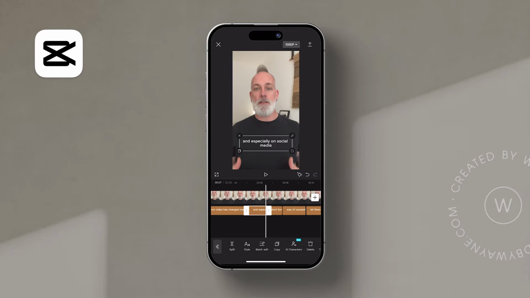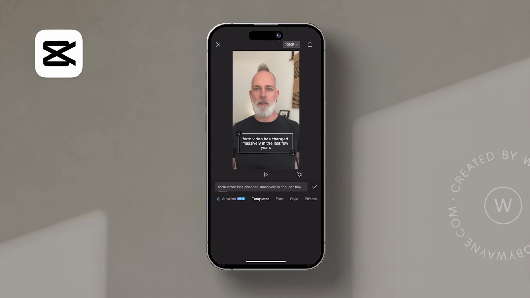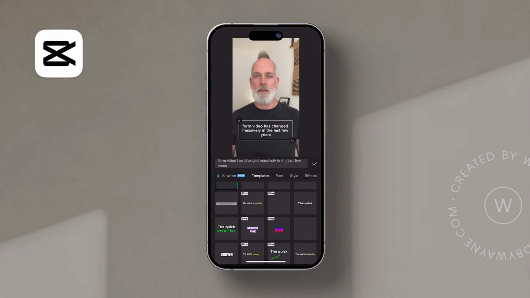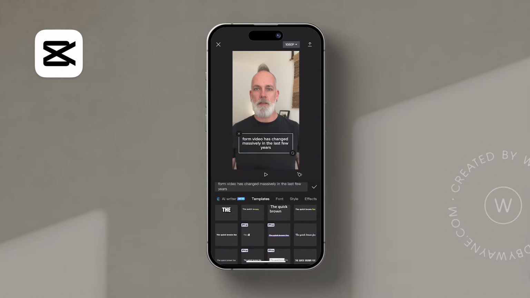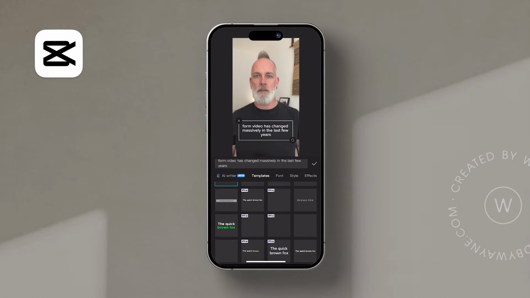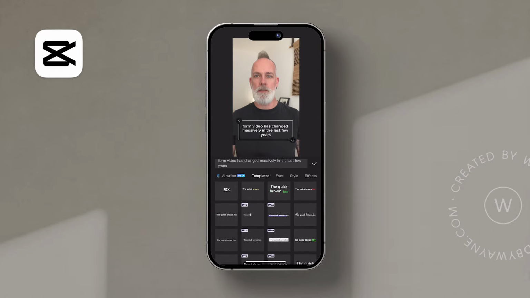Now, if you want to style these captions and make them a little more interesting or add your own colors, that's really simple to do. CapCut has a few built-in templates, so when you tap on one of the captions, you can just hit this little style button, and it then allows you to choose from a number of templates. As you can see, some of them have the little pro icon on them, so those are for people who have paid, but the majority of them are very simple, very clean, and you can just add them with one